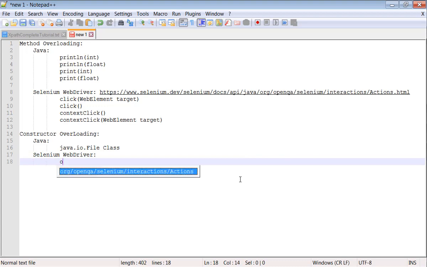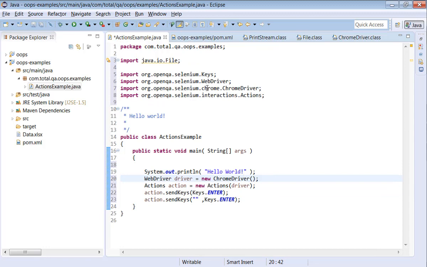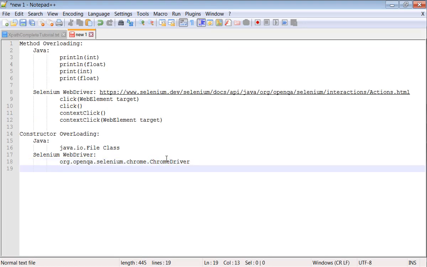If you look at classes like Selenium ChromeDriver, it also has multiple constructors. So it will help us understand not only the theory. If you look into the API, we will get some idea about the different methods already written by Java developers and Selenium developers for these concepts, which will help us understand.